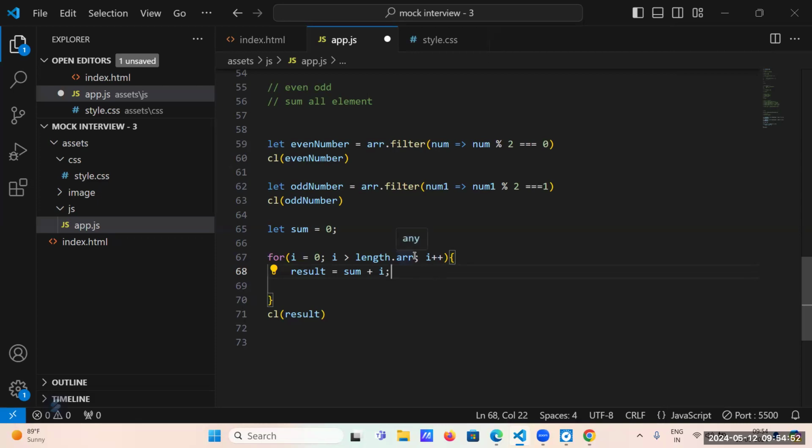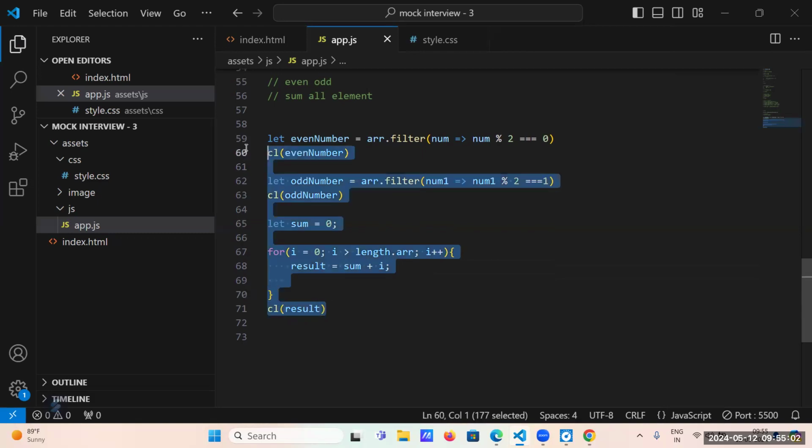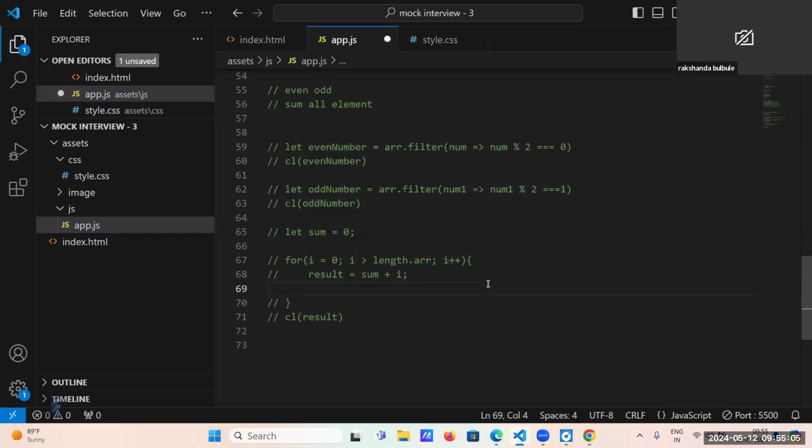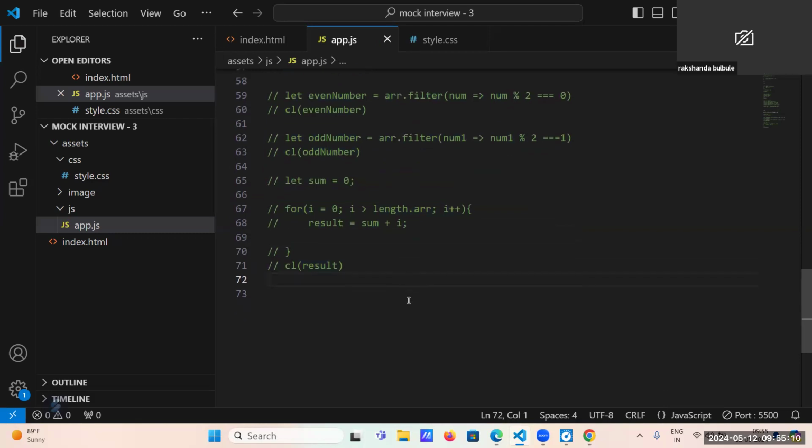Okay, Rakshanda, try this after the interview. We'll move on to the next question. Did you hear about the rest operator and spread operator? Yes, sir. Can you brief me about that? In a spread operator, the array is iterated and all the elements are separated from the array. And in rest operator, we declare an infinite number of variables, and we can call them.